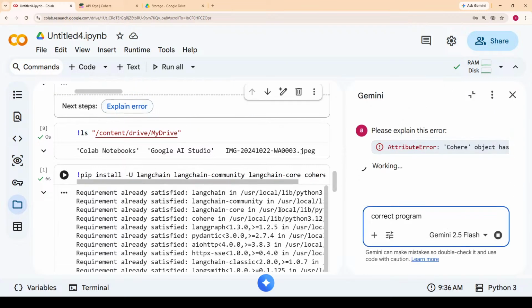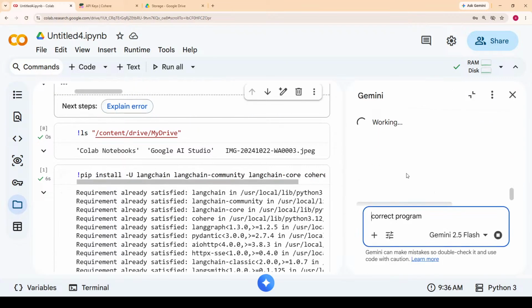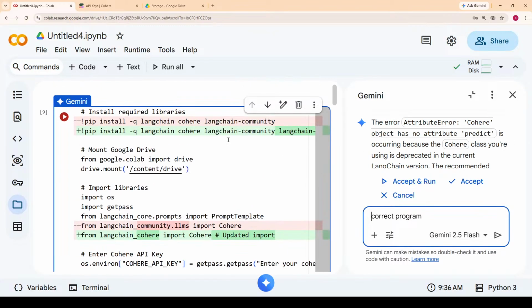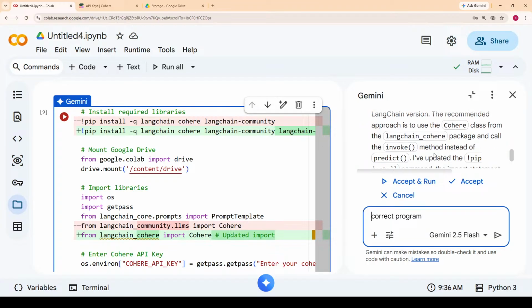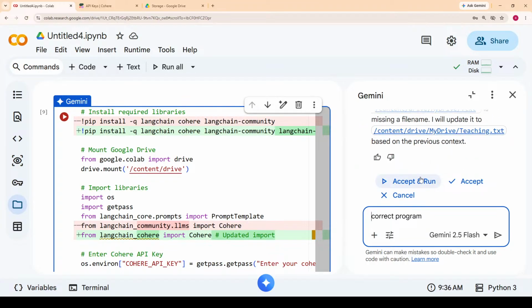Okay, now I'll give explain error. Let it explain. Cohere, you are using deprecated. So